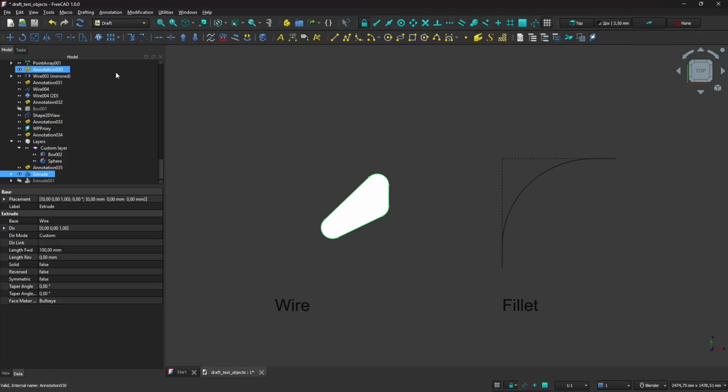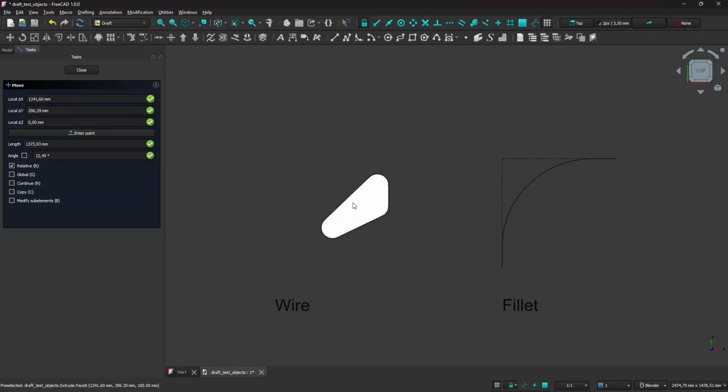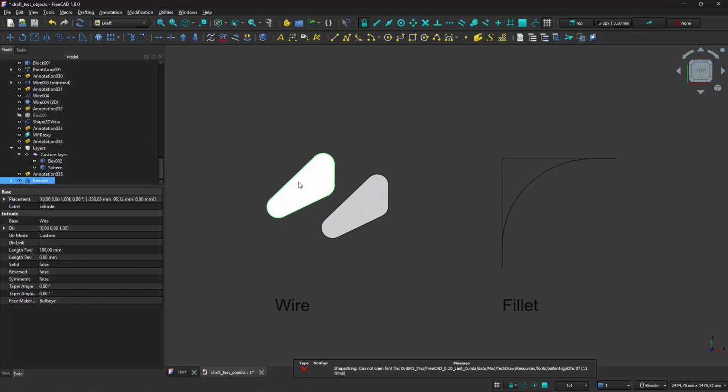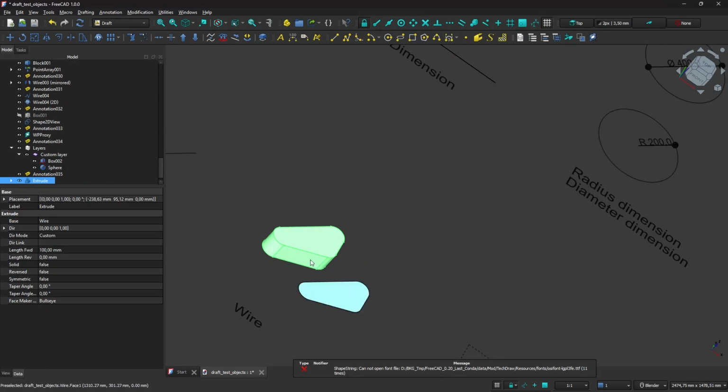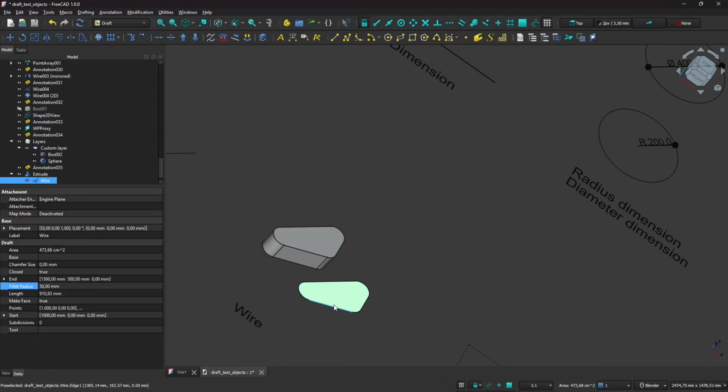And I want to show you also the move. If I want to move this object, I can click and move it like here. And you can see that actually it just moved the extrusion, the source remained right there, and still they will be